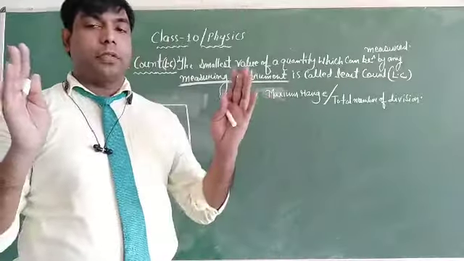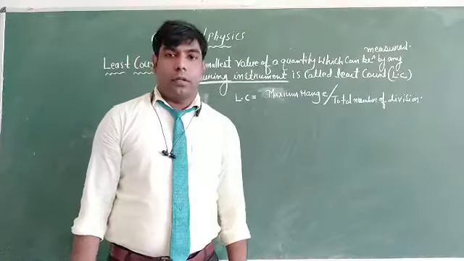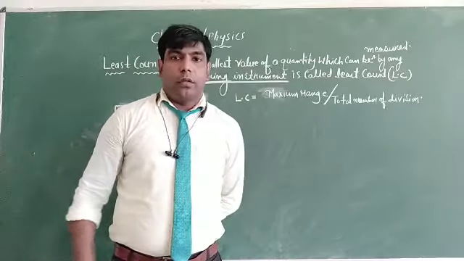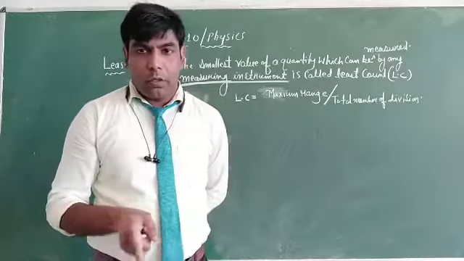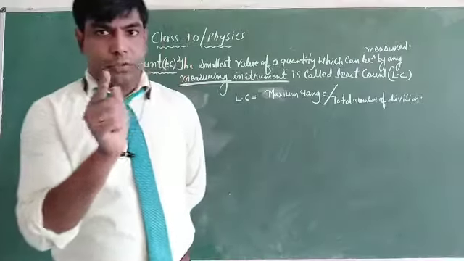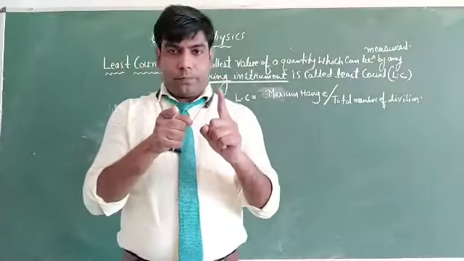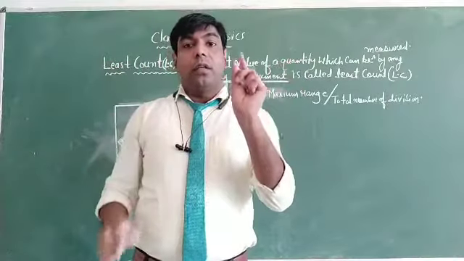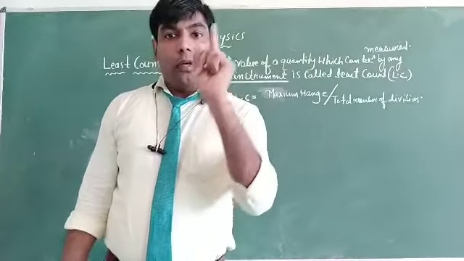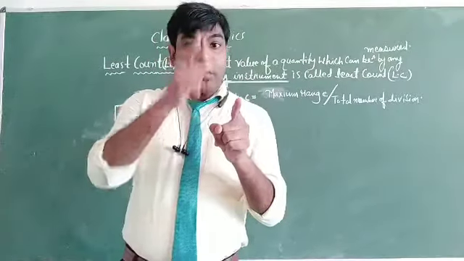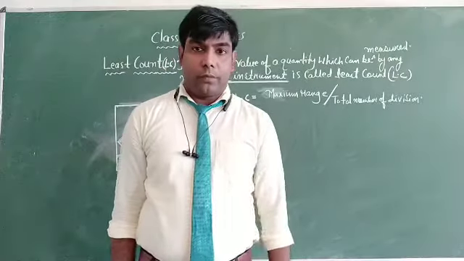For example, if I give you a scale and you are asked to find out the least count, then see, in scales there are many markings, right? So smallest means the first mark, that is between 0 and the first division. If you take a scale, then the least count is the reading or magnitude between the 0 of the scale and the first division. That is known as the least count of the scale.